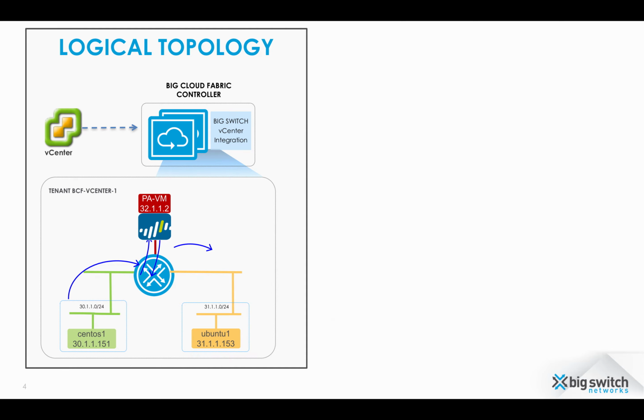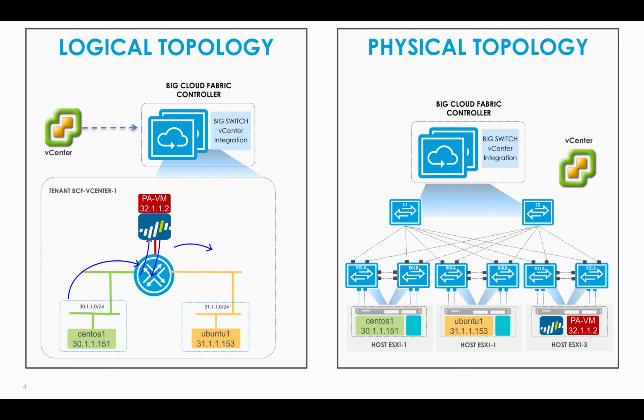Let's have a look at our demo setup. On the left-hand side, there's a logical topology showing VMs in two segments and Palo Alto Networks Firewall connected to another segment via a single virtual interface. BCF is doing distributed logical routing and service redirection to the firewall as per policy. On the right-hand side, we have a physical topology with two VMs in separate segments. VMs are sitting on different ESXi hosts, and Palo Alto Networks Virtual Firewall is located on a third ESXi host